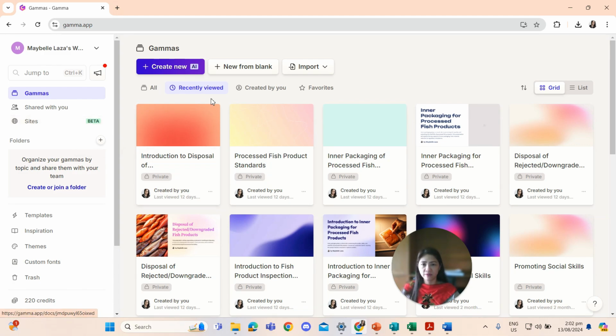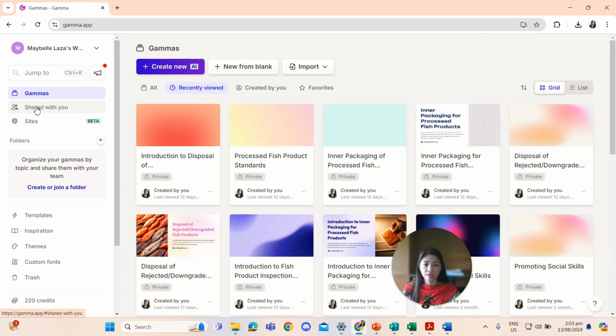Then, of course, here, this is what it looks like because I already have my account. For the first-time user, you have to create your account, your Google account. It's easy once you open the website of the Gamma app. The site will be asking you about your Google account to be registered in Gamma, or whatever account you will use to have your account in the Gamma app. Okay, so that's it.